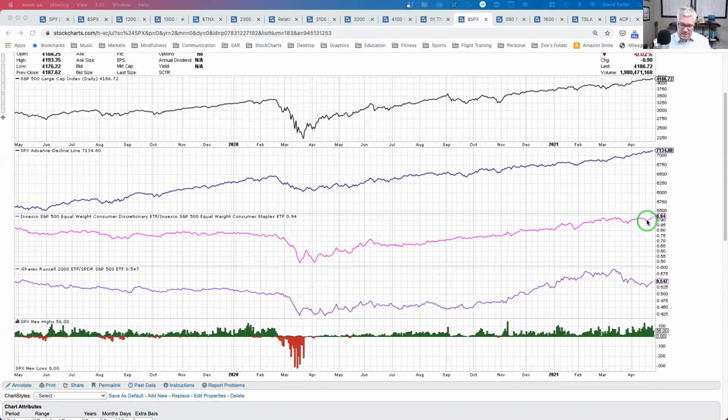What you can see here is that the cap weighted version actually has not broken out yet because some of those larger names are struggling, particularly Tesla off of its long-term highs, Amazon pulling back as well. But you can see the equal weighted version actually has made a new long-term high again this week.